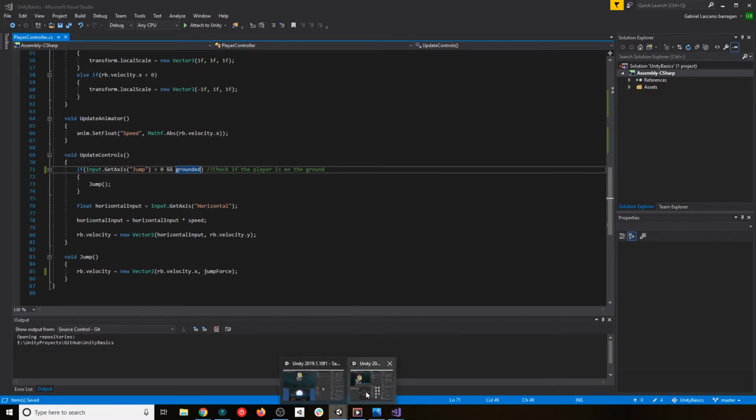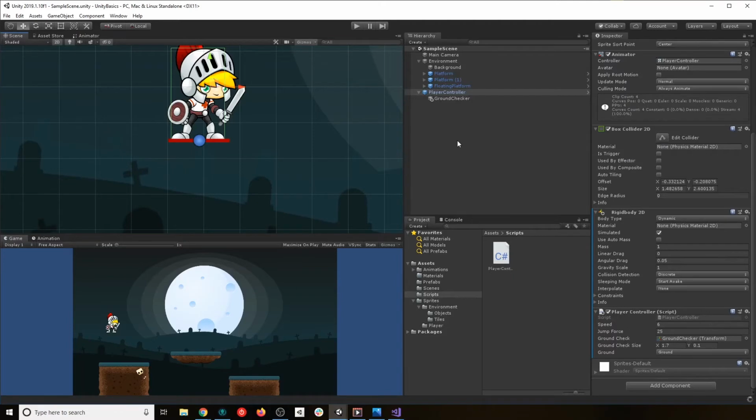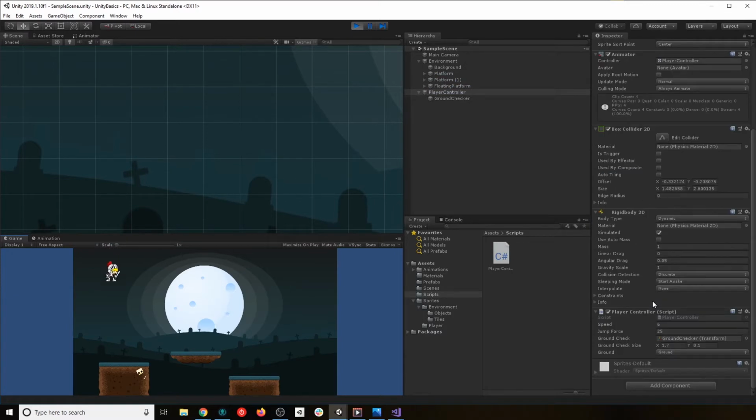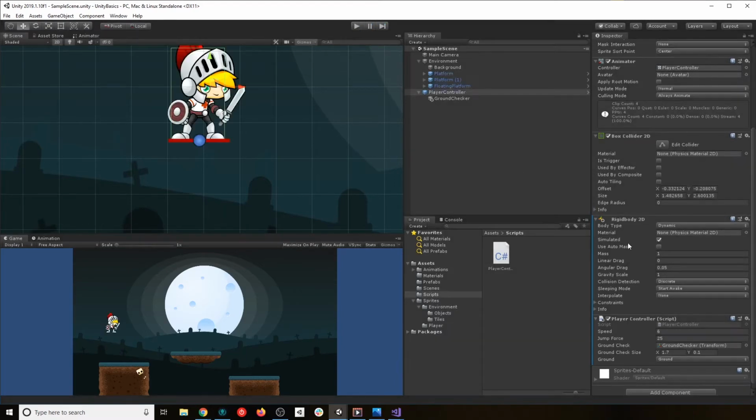So let's go ahead and give it a try. If we go into our play, let's let it compile. We have already set all of our variables, if I'm not wrong. So it will fall, and I'm going to hit space. Oh, this is something good for you guys to remember. Every time that you change something in the inspector when it's in play mode, it won't take effect when you stop playing. So our 6 here, when we changed it, didn't take effect. Now if I play,